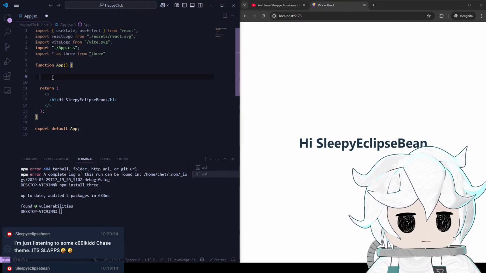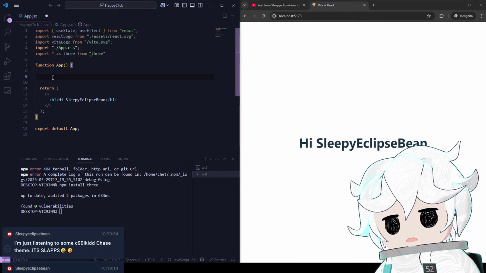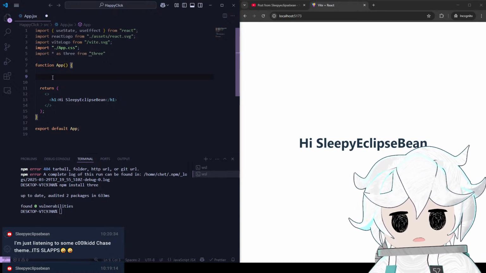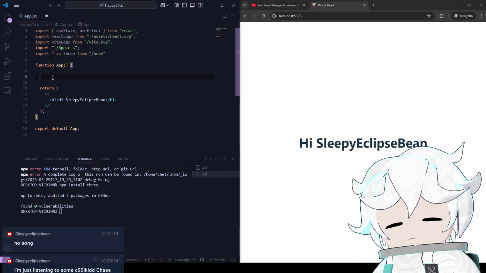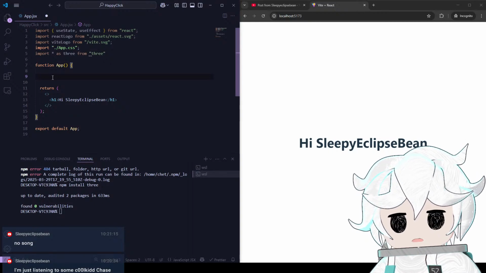Okay. Wait, I forgot why we needed to use it as a useEffect. It's kind of like the only way we can run JavaScript and then slap it on at the end after everything renders, right? Yeah, I kind of totally forgot why we need to do this, but